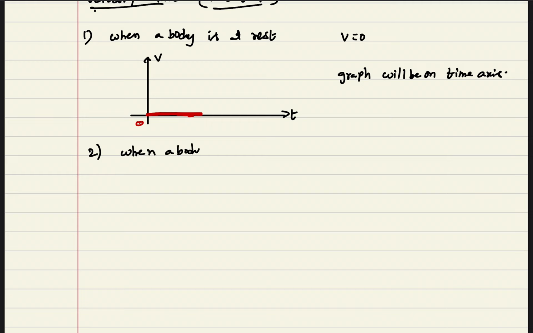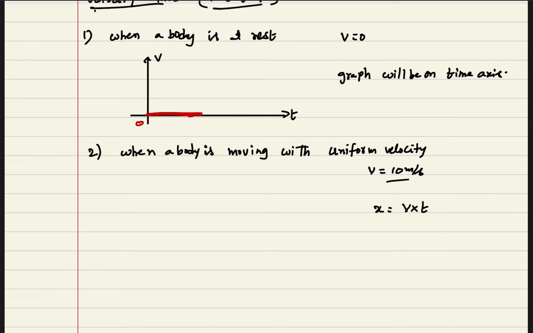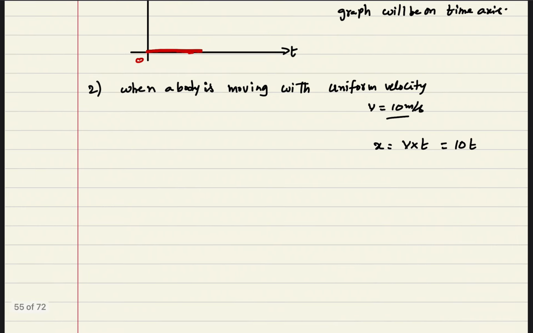Now the second one, when a body is moving with constant velocity, or uniform velocity. Whenever it is moving with uniform velocity, let us consider v is equal to 10 meter per second. We have the relation between velocity v, time and distance, so we can write x is equal to velocity into time taken t, that is 10 into t. If you draw the graph between velocity v and time t,